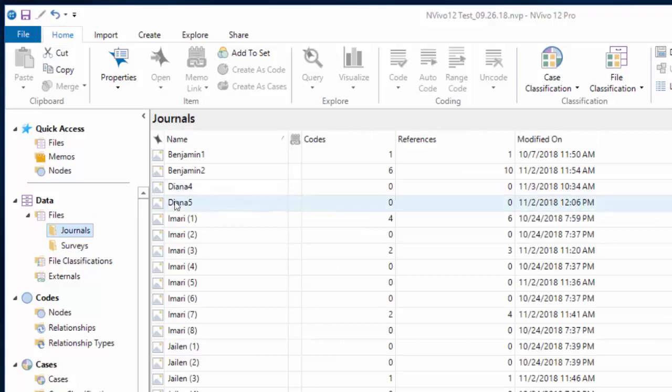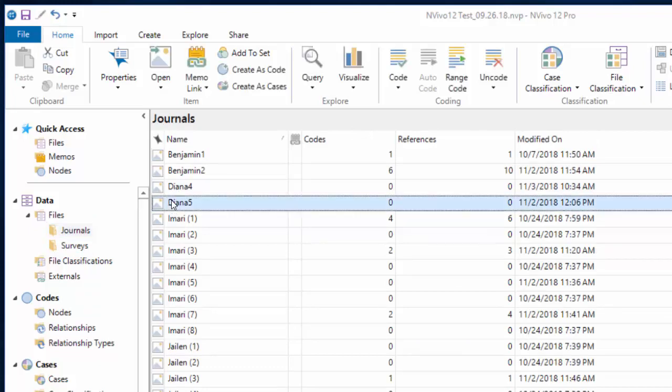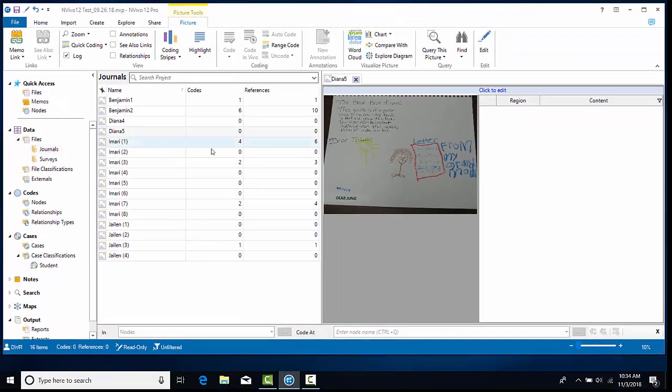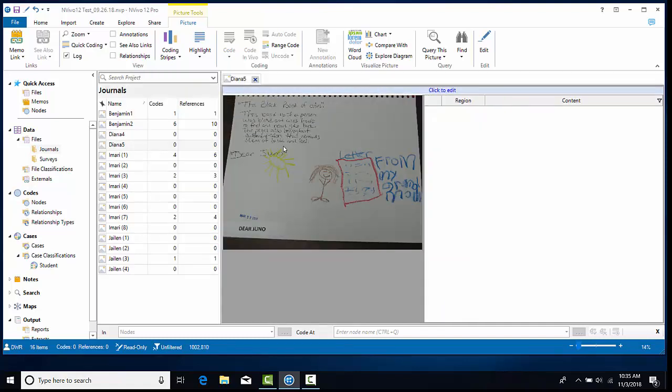So we're going to look at, I think we'll look at the NVivo5 file. And it appears in detail view. And what I wanted you to notice was that there are some controls here that allow you to actually do a bit of editing on the file if it happens to come in and it needs to be rotated, for example. So you click the picture tools,